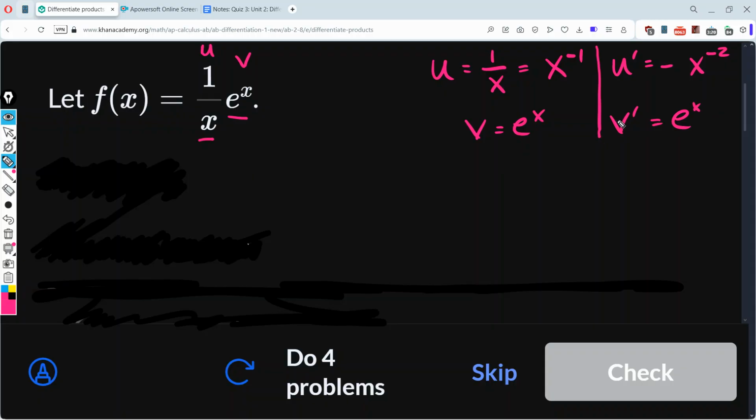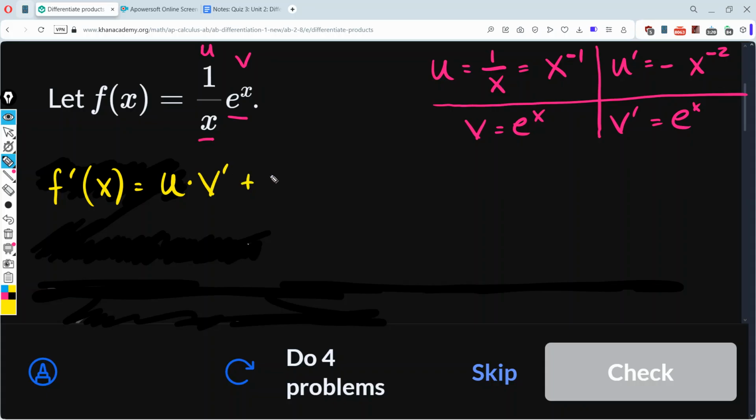All right, so we have v and v prime, and we have u and u prime. And now we can apply the product rule. We have f of x. We're going to do f prime of x: first times the derivative of the second plus the second times the derivative of the first. U is the first. That's x to the negative 1. I'm going to write it as 1